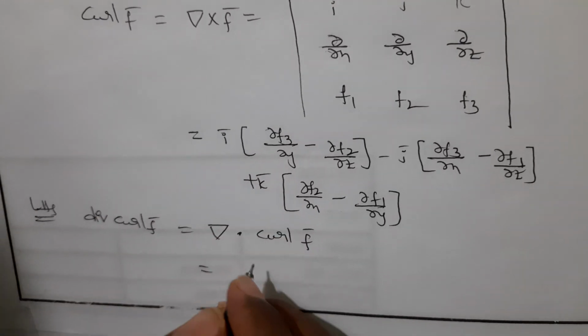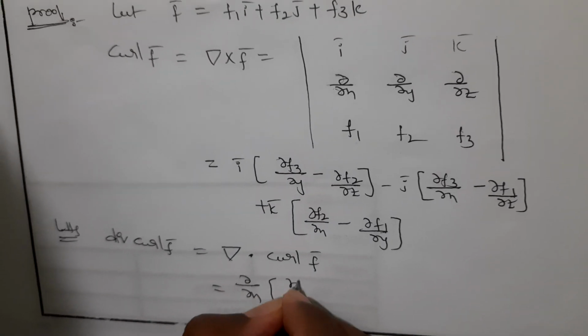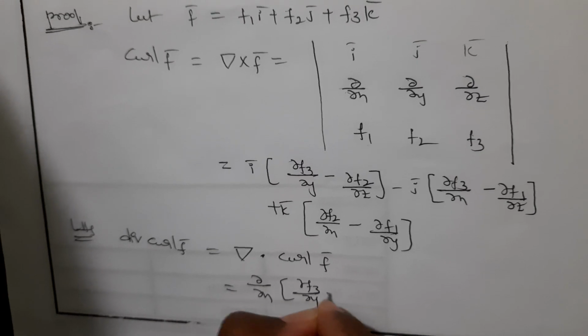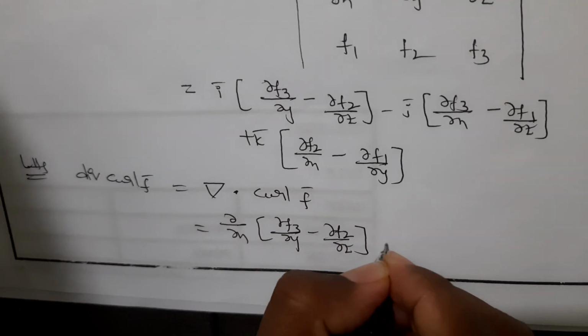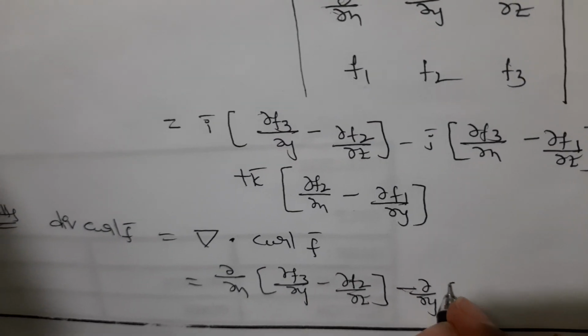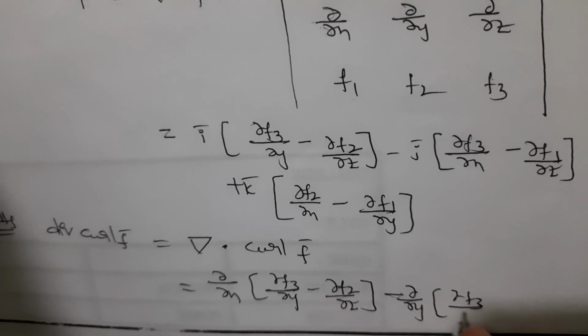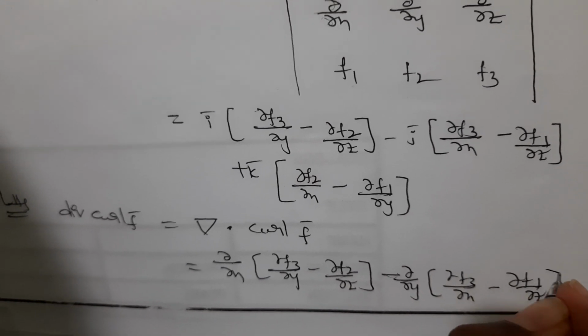We can apply the vector dot product, we get dou by dou x of dou f3 by dou y minus dou f2 by dou z, minus dou by dou y of, j bar dot j bar is 1,